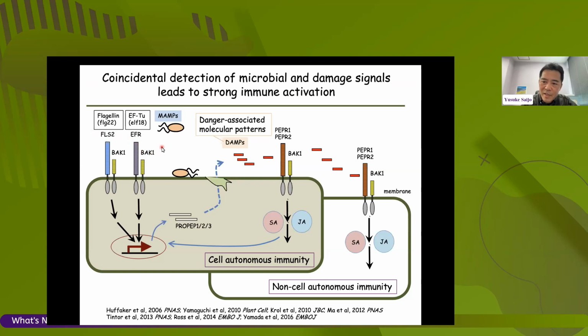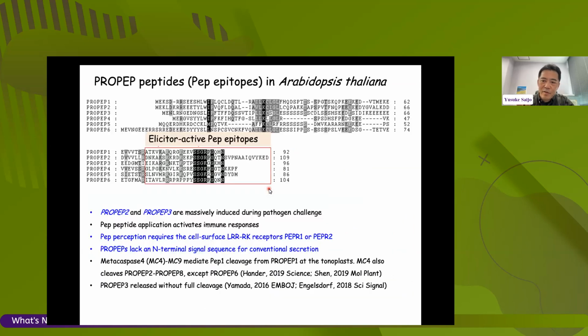So it can be said that plants can sense the presence of pathogens or really severe threats, and require strong activation of immunity when detecting these microbes and damage associated with pathogen infection. In the course of our study, we initially pursued how this system acts to activate pathogen resistance, and we put a particular focus on these peptides,